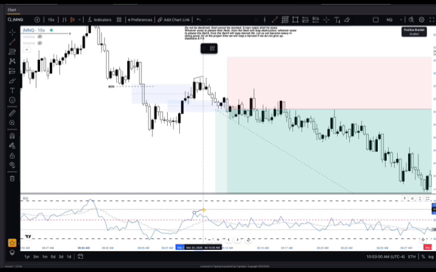I knew that my structure, my setup has been completed, and after a setup is completed, that's when I enter. Right. Let me just tell you the steps. First, we see a sweep of liquidity, and at our current time, the sweep of liquidity